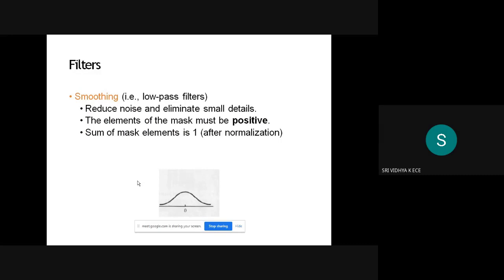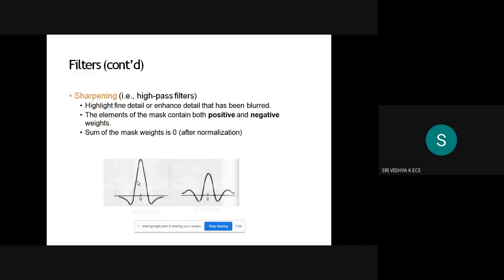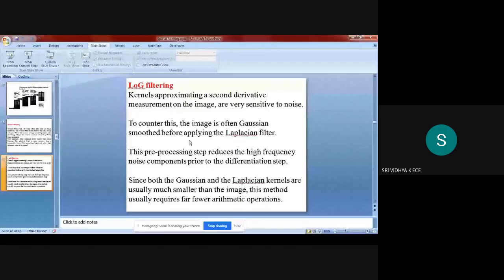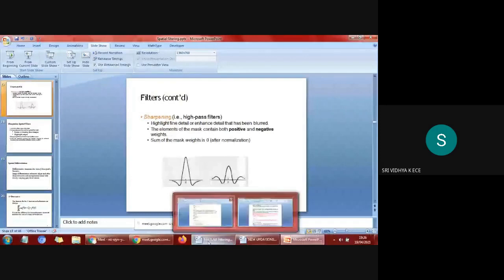You also have another set of filtering called sharpening filtering. Before we go into the sharpening filter, we will just see how the code works for whatever we have seen. I will open up